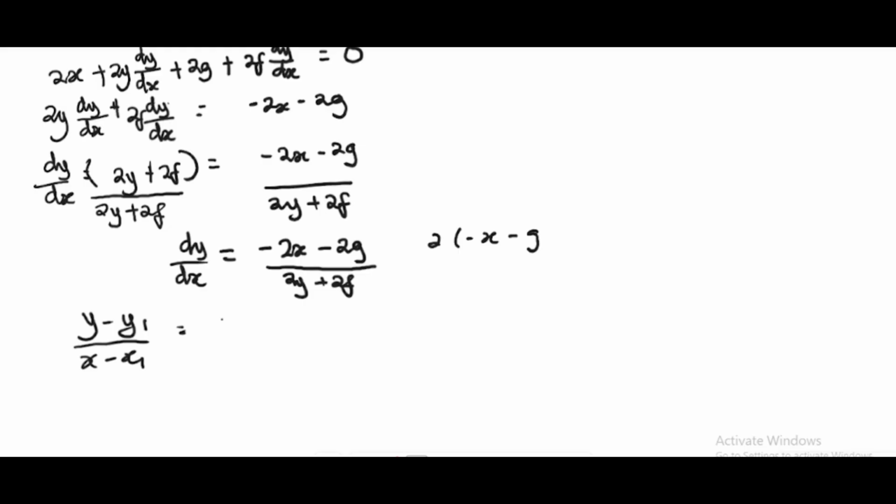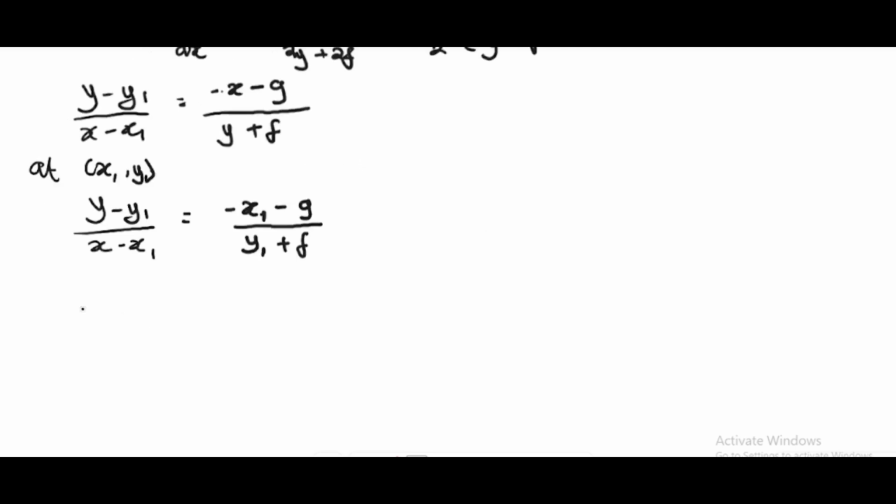Factor out 2 again in the denominator, I have y plus f. So the 2 cancels out, and then I have minus x, y minus y1 times y1 plus f is equal to x minus x1